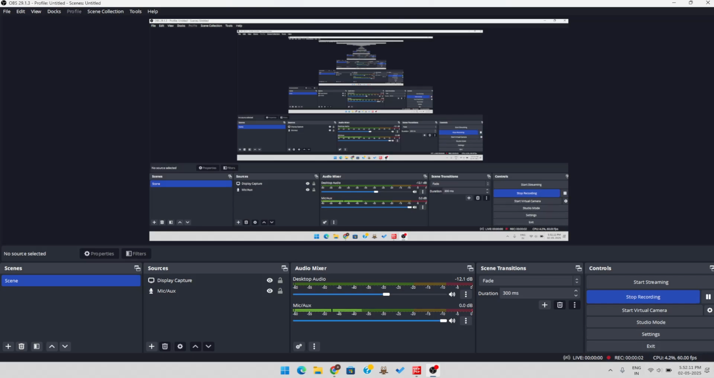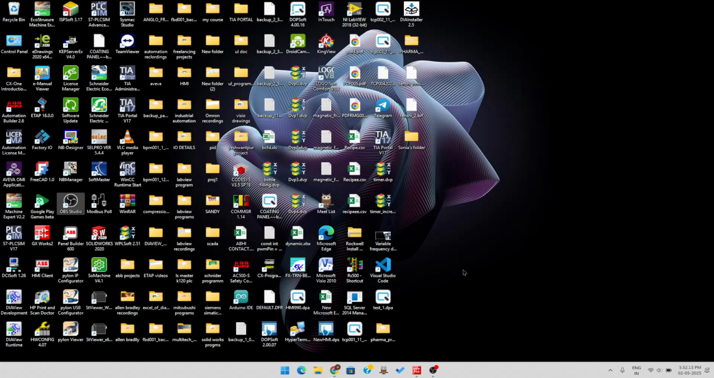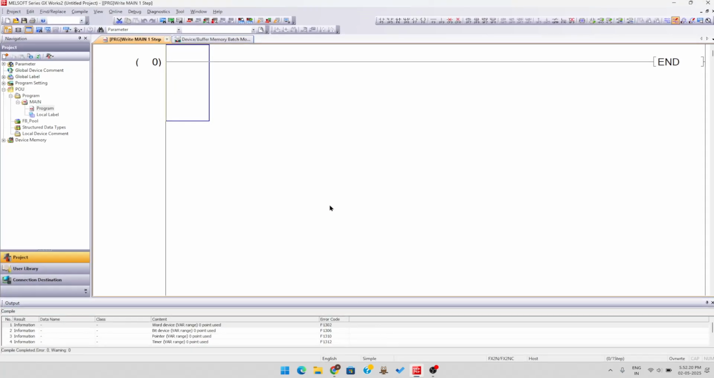Okay, so in this video I will explain the shift bit instructions. There are two types of shift bit instructions: shift to the left and shift to the right. I will take one rising edge pulse